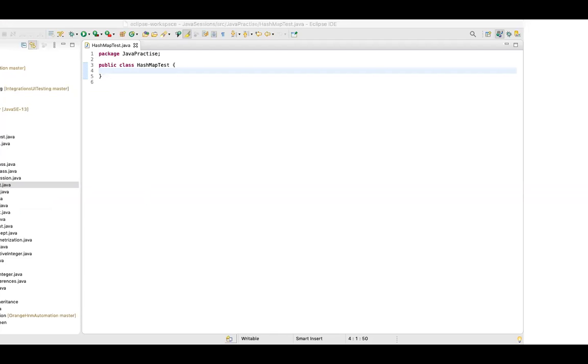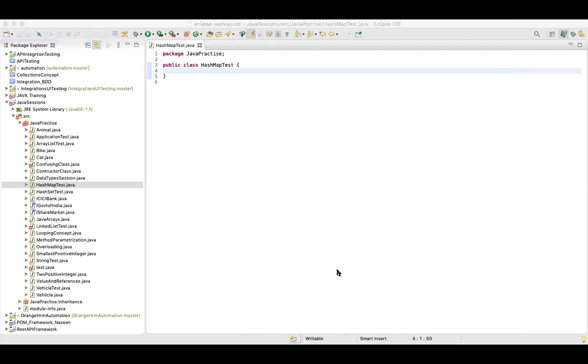But in map, we store a key value pair, and that is why it is different from the collection framework. So one important point: hash map is from the map interface, and it has nothing to do with collections.